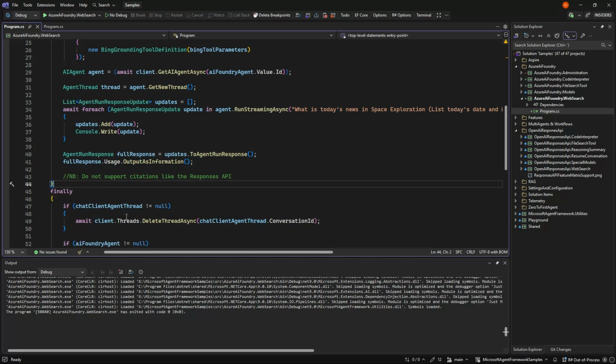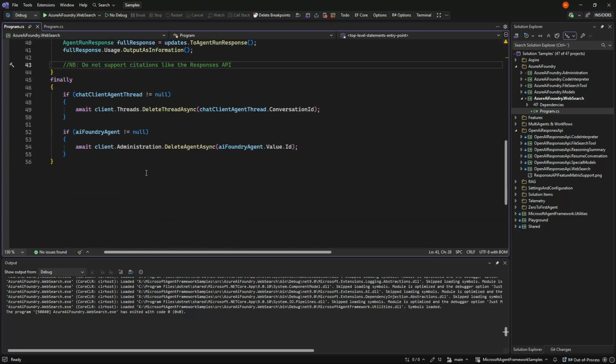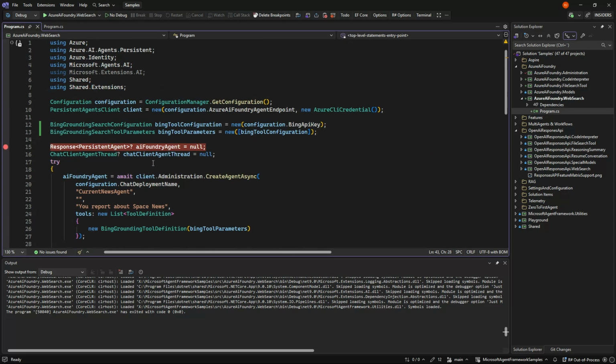Could be a bug, it's probably a bug. But beyond that, it works at least, so we can get our up-to-date news from an AI compared to just a cutoff date several months in the past.